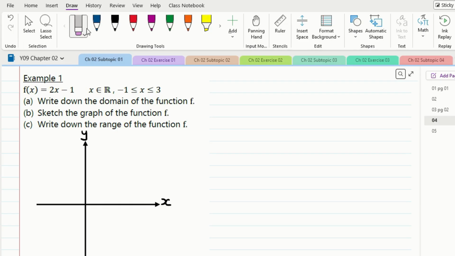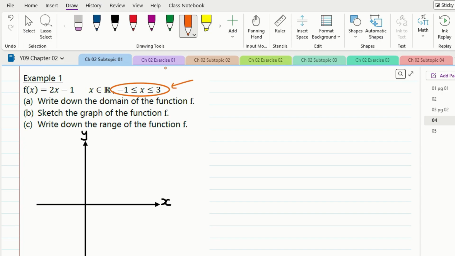So in this question, f(x) equals 2x minus 1, and x is a real number, and -1 is less than or equal to x, which is less than 3. So in this question, let's first understand the meaning of this. If you haven't covered this in your previous years of learning mathematics, this is actually talking about